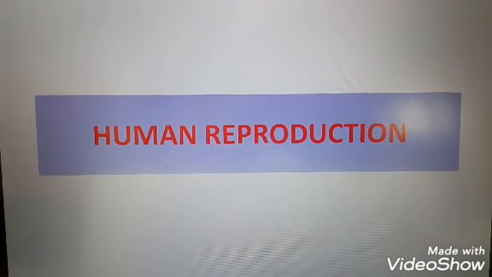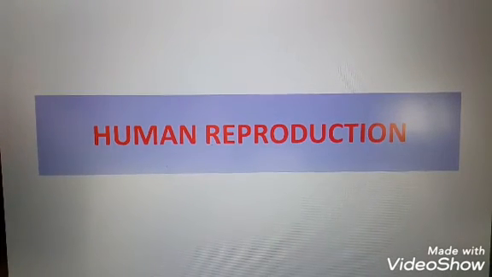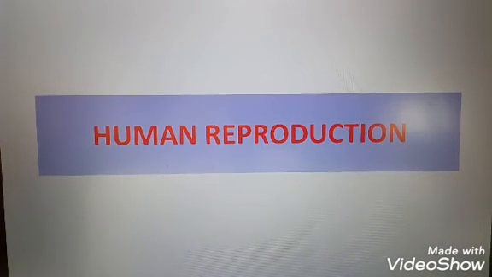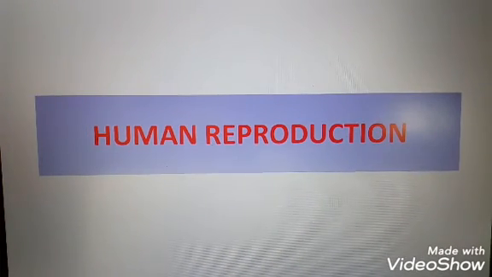Hello everyone, welcome to our class. Here we are discussing the previous year board questions. First question is, give reasons why the human testes are located outside the abdominal cavity. Already we discussed this question in one module. The human testes are located outside the abdominal cavity to maintain a temperature lower than the normal internal body temperature. Okay, this is essential for the process of spermatogenesis.